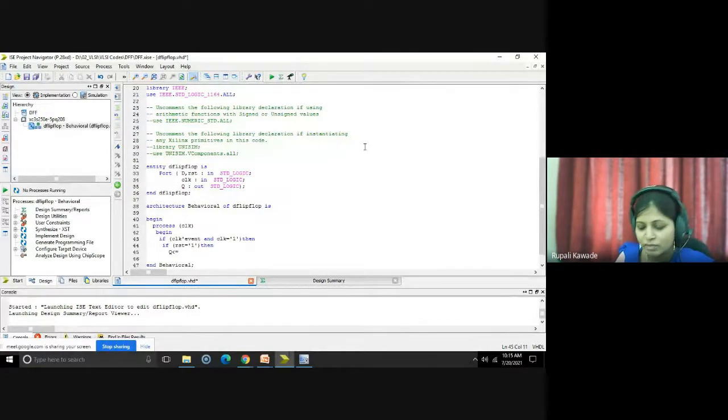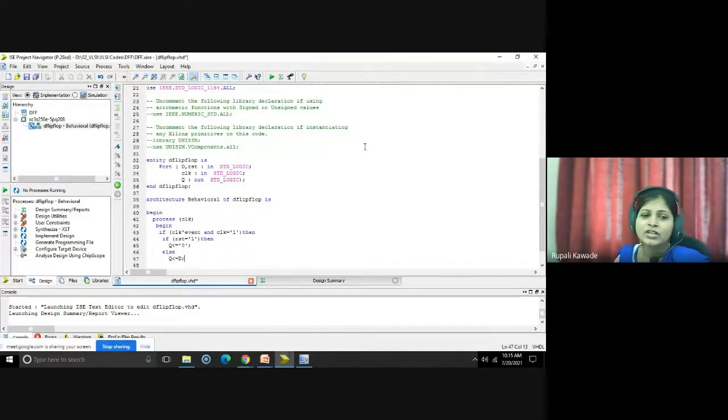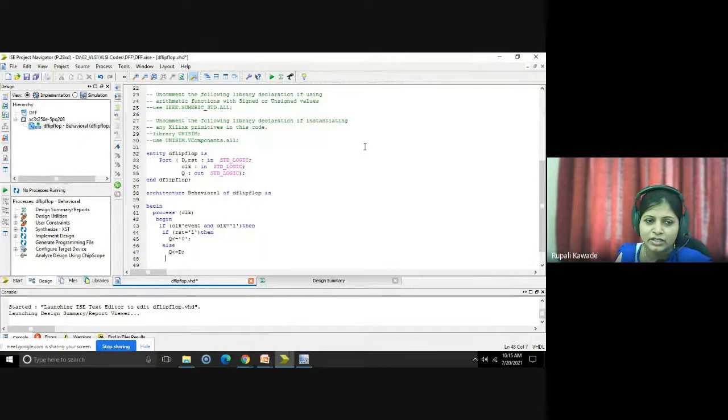Your Q will be equal to 0. Else, if reset is not activated, then your Q will be equal to whatever the value of D is. If D is 0, Q will be 0. If D is 1, Q will be 1. So this is the way you can write your code.